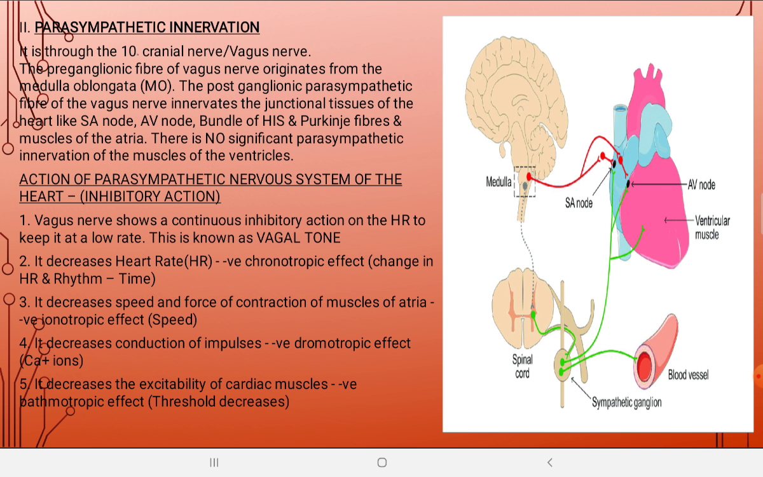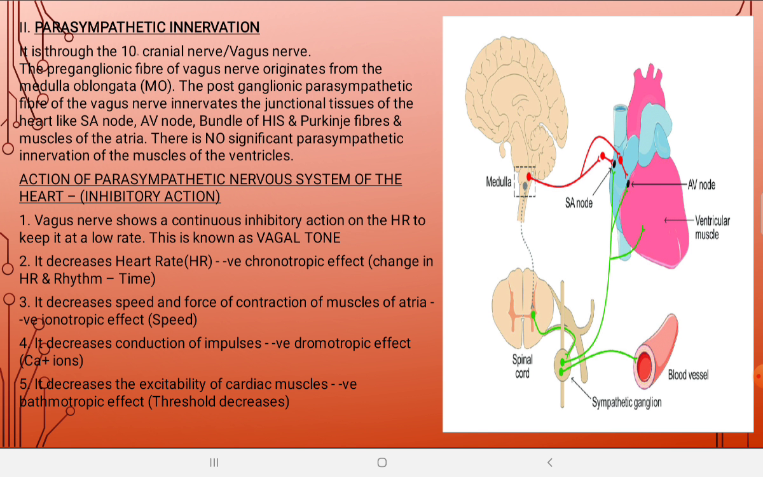Keeping it at a low rate is the vagal tone, and decreasing the heart rate, a negative chronotropic effect, is another action. The third action is that the speed and force of contraction are decreased in the atria alone, not the ventricle, because there is no innervation of the ventricles. This gives a negative inotropic effect, that is, the speed and force of contraction of the muscle are decreased, and the conduction of